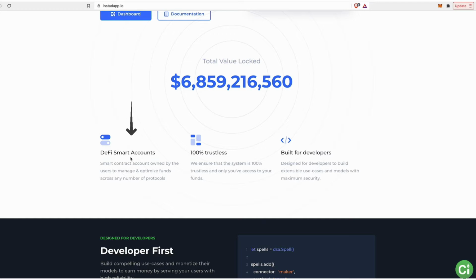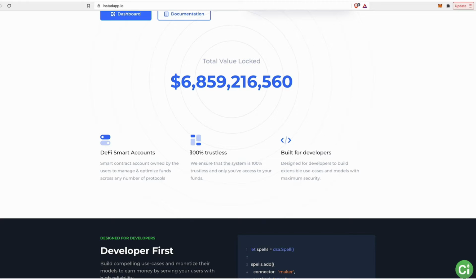Well, they created these things called smart accounts, right? So you pay a gas fee to create this account that sort of acts like a wallet. So you've got your wallet that's MetaMask, and then you get a wallet that is the smart account. Once you have this smart account, you control it, by the way. So your assets go into MetaMask, the assets from there go into the DeFi smart account, and then you control the DeFi smart account through code. And we're gonna get into that in a second.